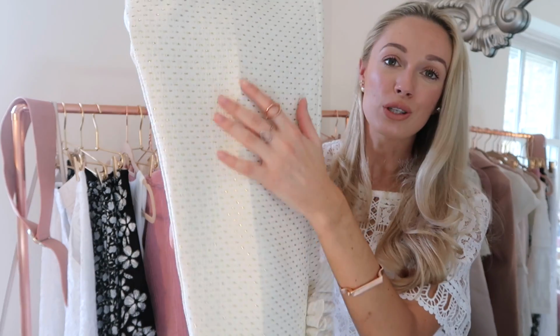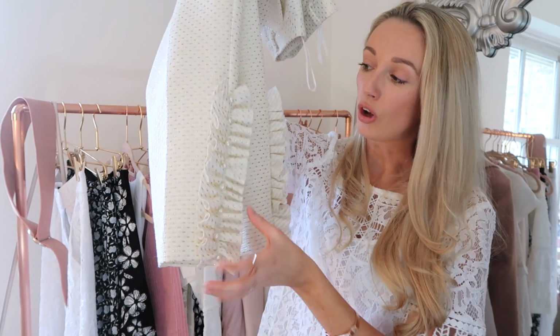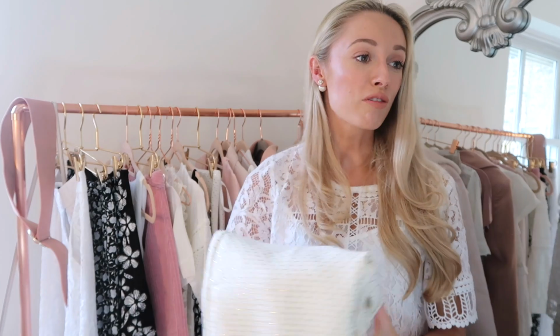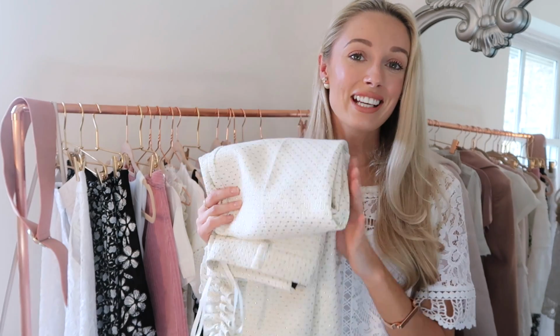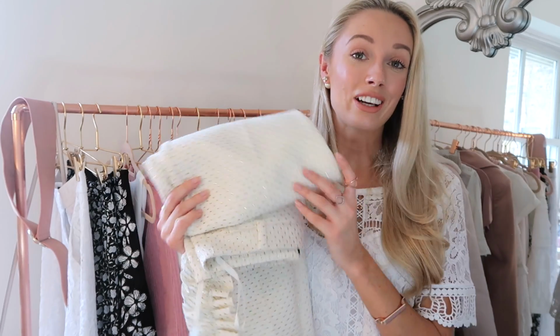But they're again this beautiful almost tweed-like material, and at the bottom you've got this gorgeous detail of the ruffles and then the pearls inside the ruffles, which is so gorgeous. I wore these actually on Mother's Day when we were walking around town doing fun things together. We went for afternoon tea, we did some shopping, we had facials. These I felt worked for all the different things we were doing throughout the day. You could wear them with flats. I think I wore them with heeled boots on that particular day,